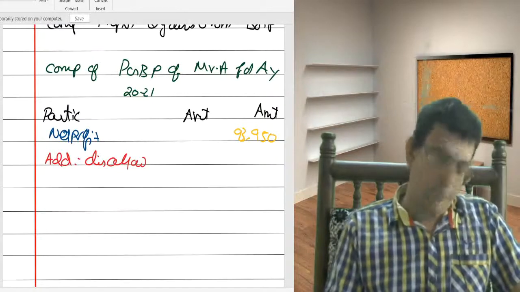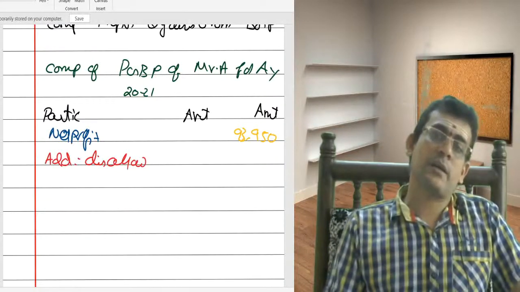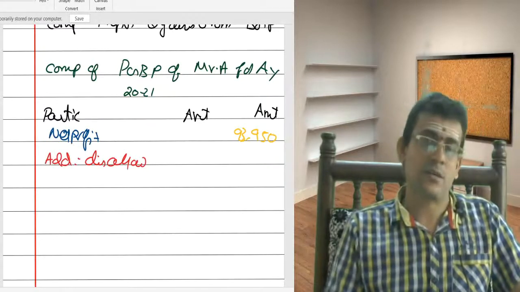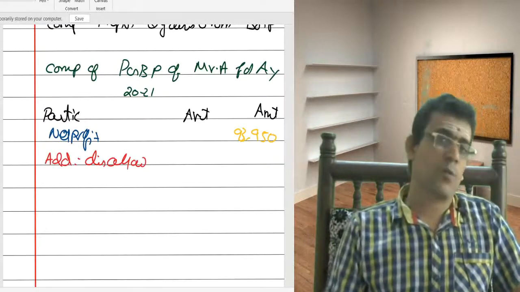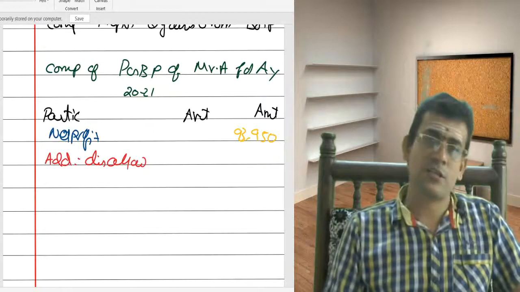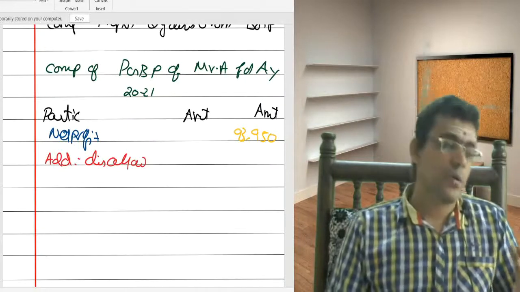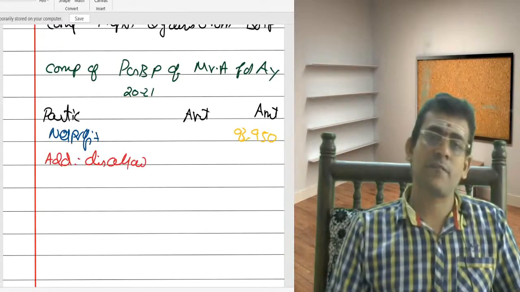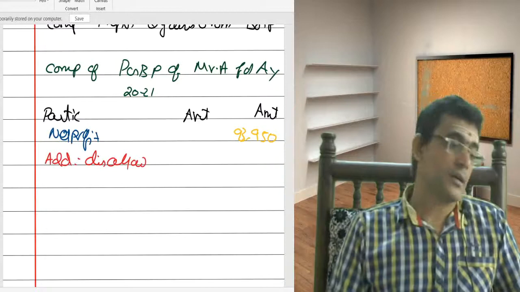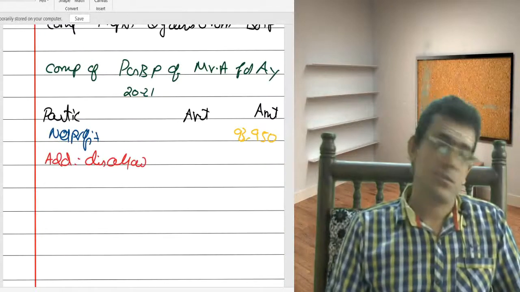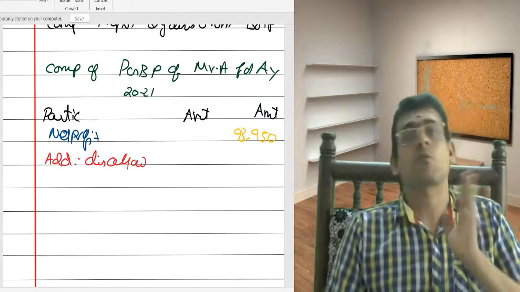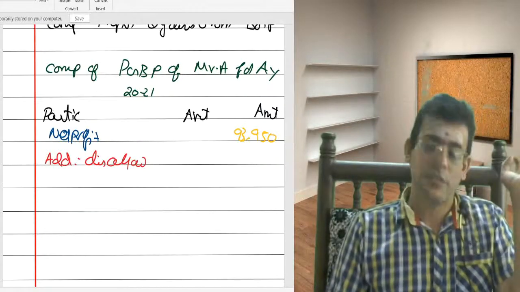Advertisement. Obviously, if the advertisement is incurred for the political party, it is disallowed. Other than the political party, whatever advertisement you are taking, that is allowed as reduction at which section? 37. Because advertisement is not covered from 30 to 36. Advertisement is not a capital expenditure. It is not incurred for the personal purpose. It is incurred for a legal business. So as all the conditions are satisfied, and advertisement is incurred in the previous year for your own business, you can take that as reduction in section 37.